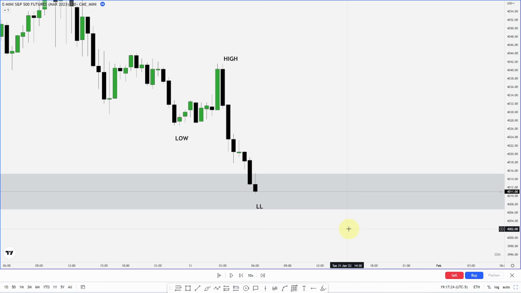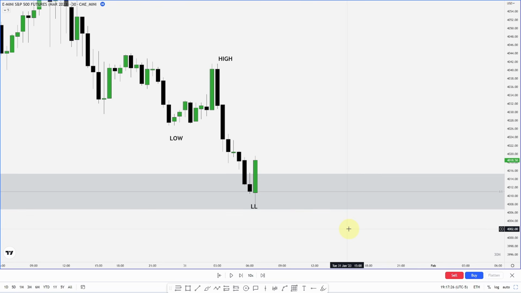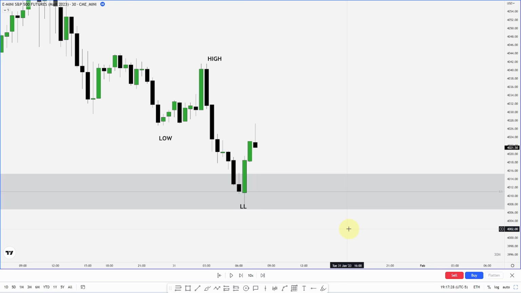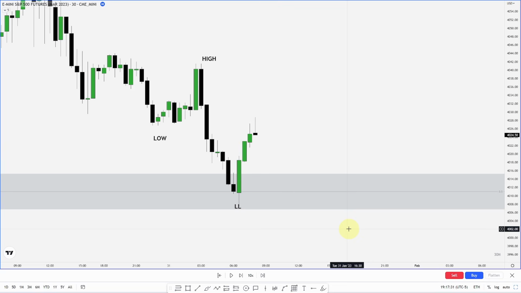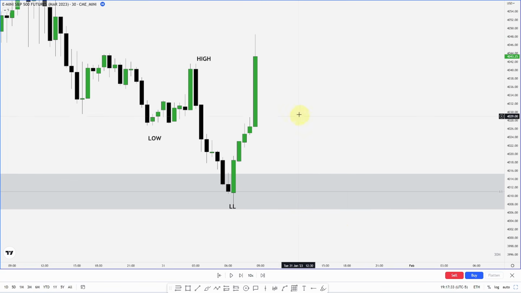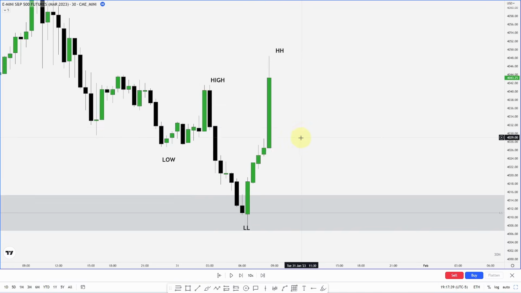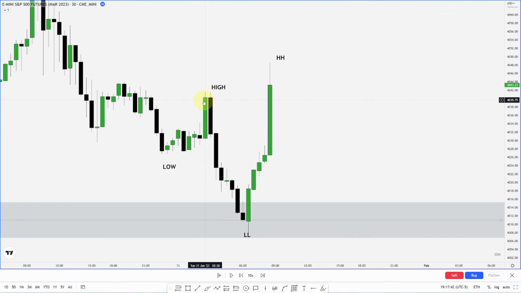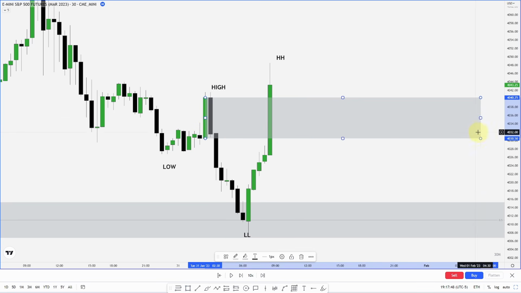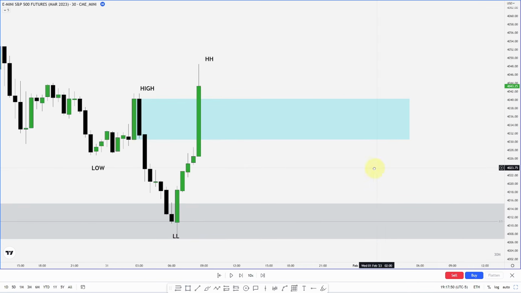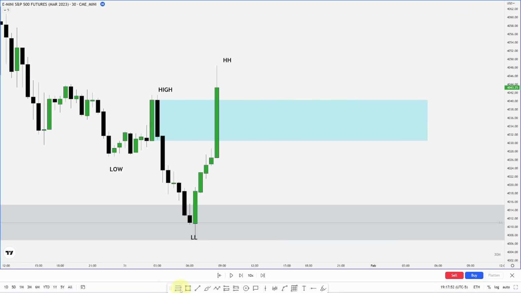And so if we let it continue to play on, right there, we get a move higher. Now what do we have? A higher high. So where is our breaker block? This large up close candle here. And for this, I will mark out the body of it, and then also the mean threshold.